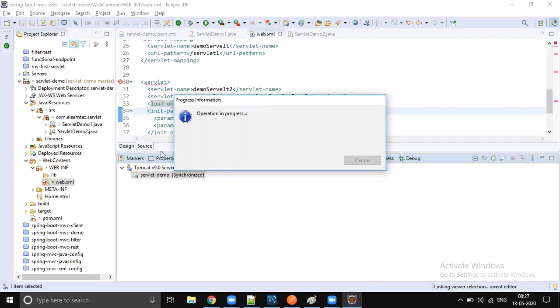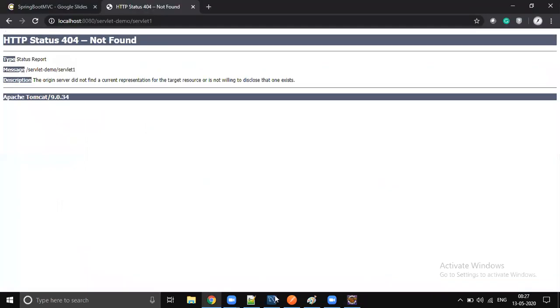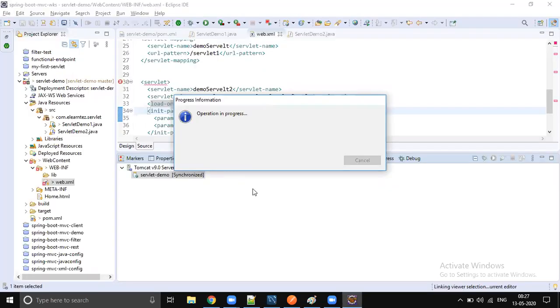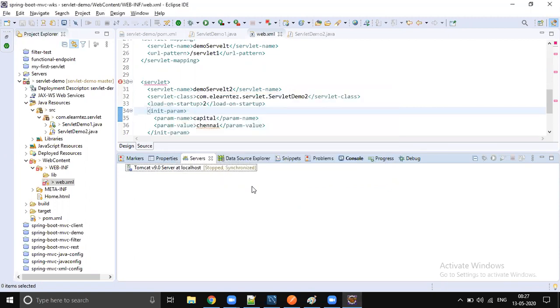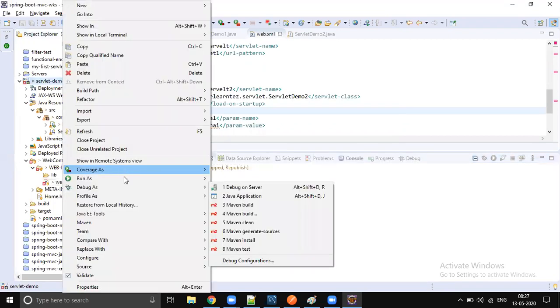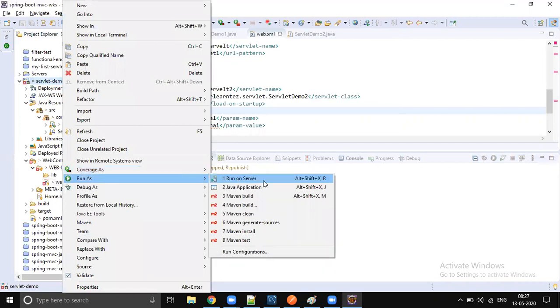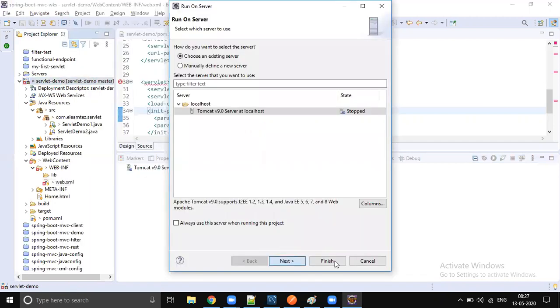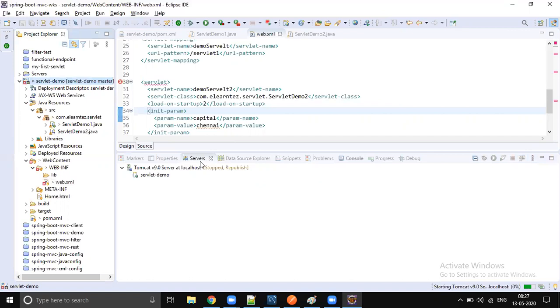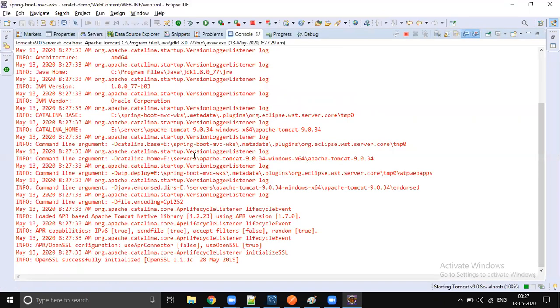So if you just run that, when we go to servlet 1, we see on the console Hyderabad and Delhi printed. When we go to servlet 2, Chennai and Delhi printed. Okay. So yes, now it is ready. The server is ready. Let's run, finish. We gave the load on startup, right? So you should see that configuration.